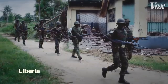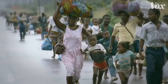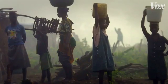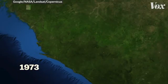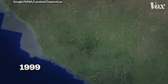Throughout the 1990s, civil wars in this region killed thousands and forced many more from their homes. Hundreds of thousands of refugees fled into that forest. They cut down a lot of those trees, making way for their homes and cutting down trees for charcoal and farming, etc. And you can actually see the change in the forest cover in satellite images. If you look at the early 70s satellite images, it's almost all green. And then you look at late 1990s and it's mostly brown because only a small fraction of the original forest